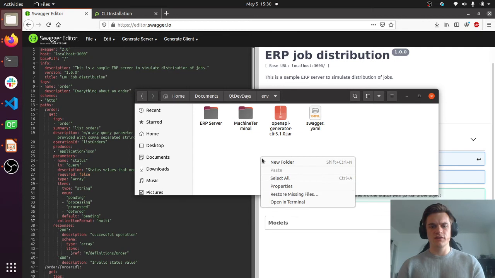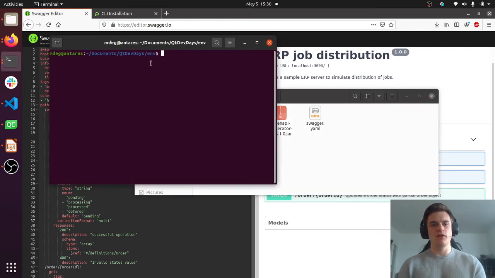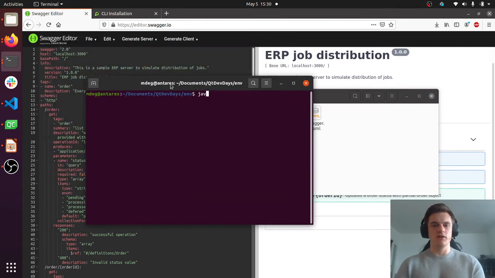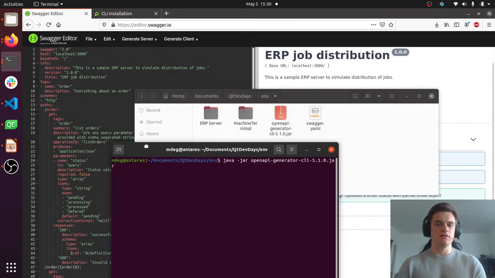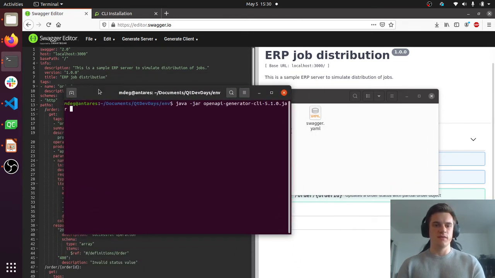Now to generate the code, we need to open a terminal. We can type java -jar and use our jar file, and then we say we want to generate. Then we want to input -i, our Swagger file or OpenAPI file. It doesn't matter what you're using here. And then we want to use the generator called